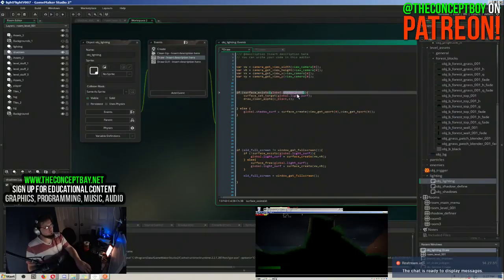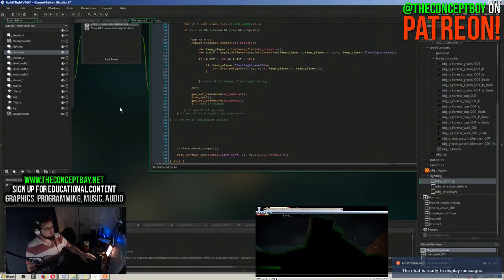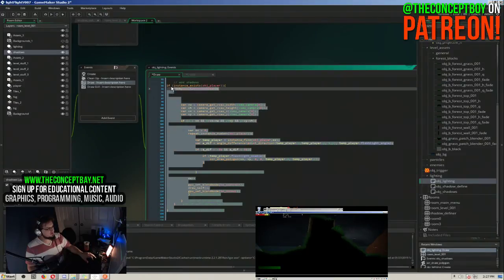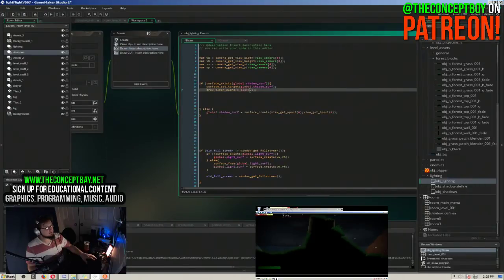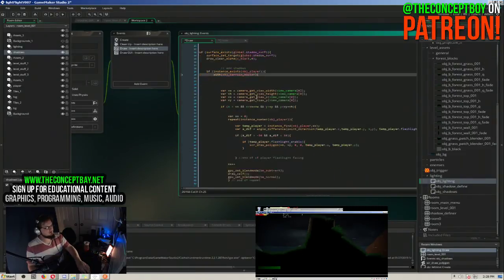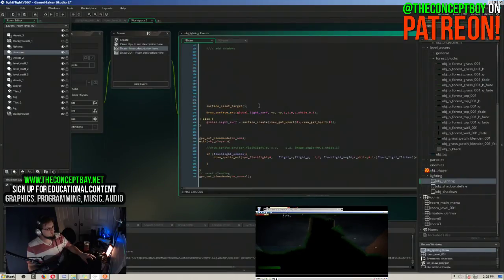To this surface, we will go ahead and go over here with the shadows. Now we clear this as a black surface. But we shouldn't be clearing it as a black, we should be clearing it as a transparent surface. We will then add the shadows, just like that, and we will draw a surface reset